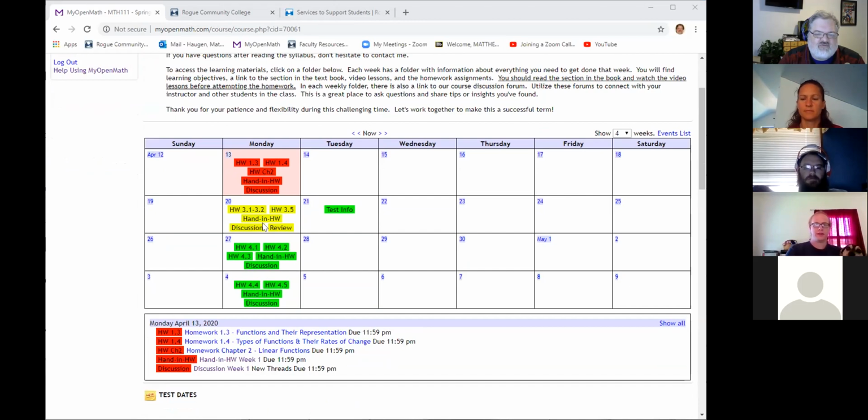Because we're going to use that for scratch paper and scratch work and partial credit on tests, and the department did decide on a policy that we need to have copies of scratch work for your tests. I want to practice and make sure we're all relatively comfortable sending documents in. We'll talk more about how that will work as a test procedure later on, but I just want to make sure we get used to that. Okay, how do I get documents onto my OpenMath so I can see them? Cool, so we'll talk about that.